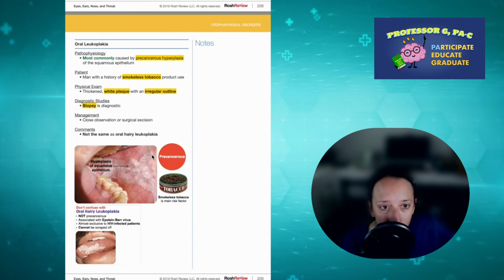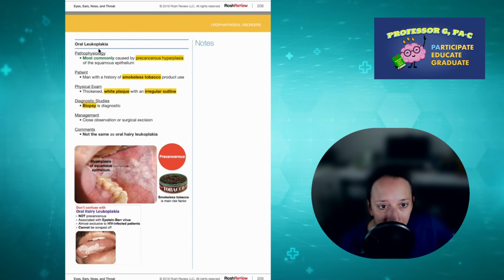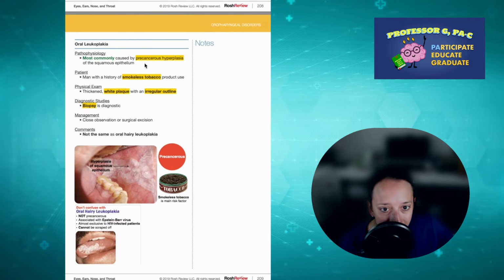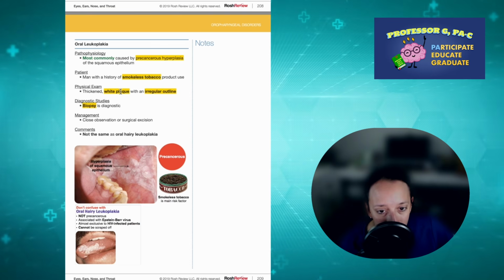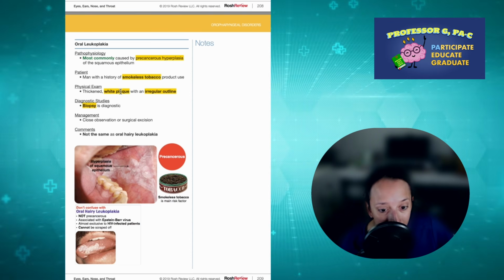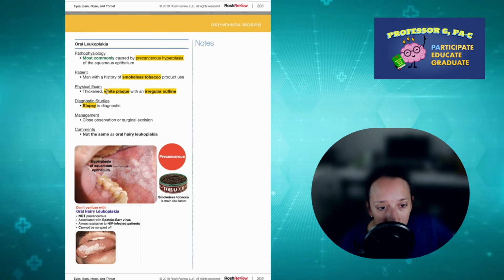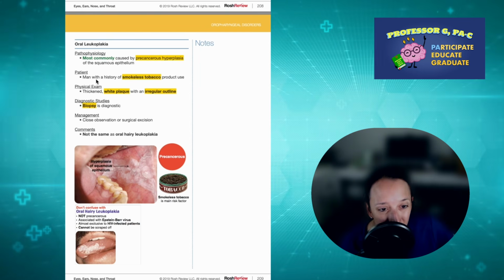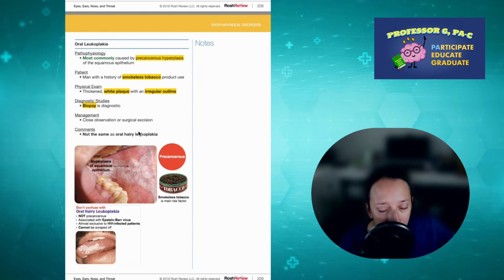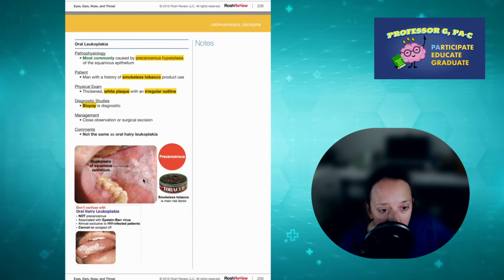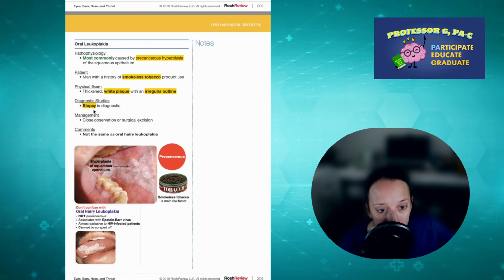And last but not least, oral leukoplakia. So oral leukoplakia is most commonly caused by precancerous hyperplasia of the squamous epithelium inside the mouth. So we'll see a white plaque which cannot be scraped off, and we see it on either the buccal mucosa or the lateral aspect of the tongue. We'll see it most often in a man with a history of smokeless tobacco use or tobacco use. And if we see that and it doesn't scrape off, it's not candida, and we need to biopsy it